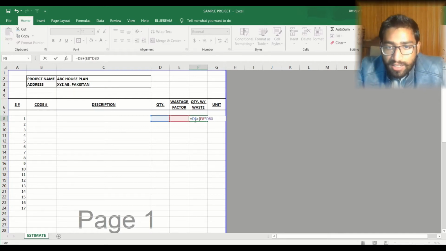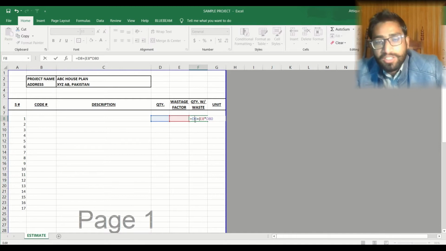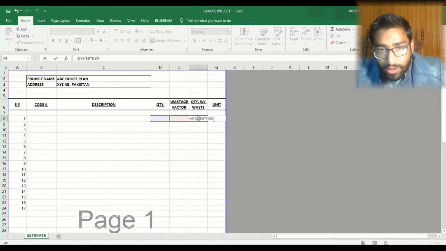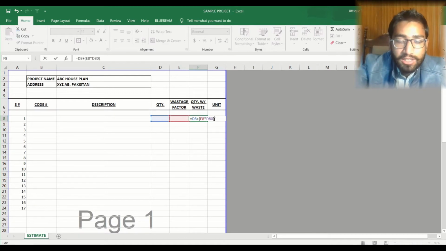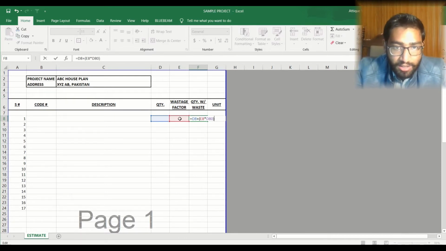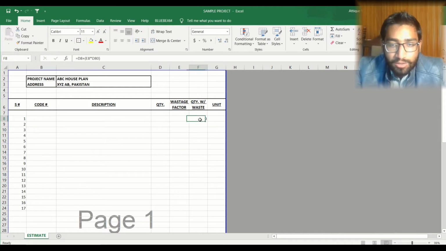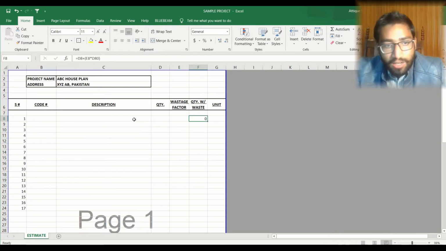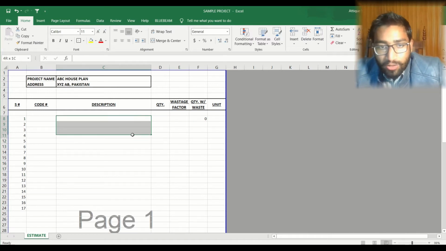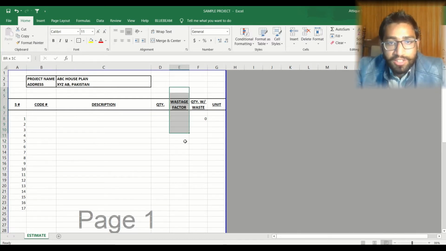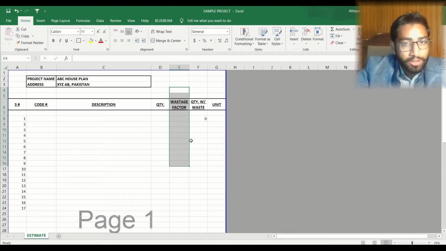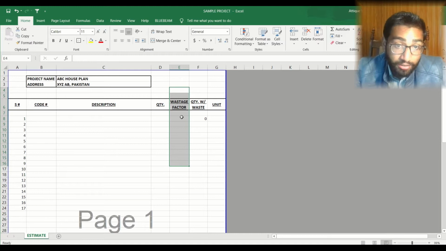It shows me that D8 is the actual number which we just drew from the plans, and then we are going to add the extra quantity, which is actually the percentage factor which we are going to add. So basically this is going to give us the quantity of that description which we are going to write here with the wastage factor which we already included, or which we will be going to include in the following video, in the following session.